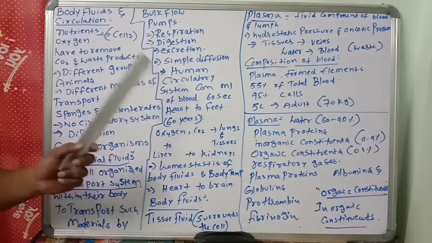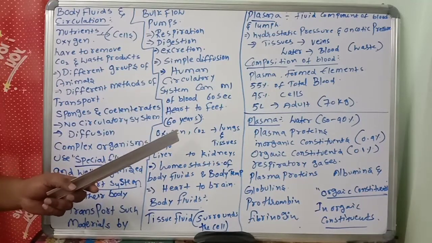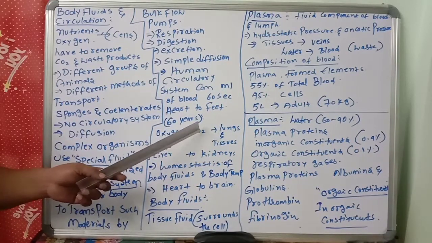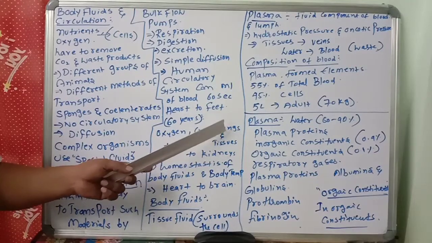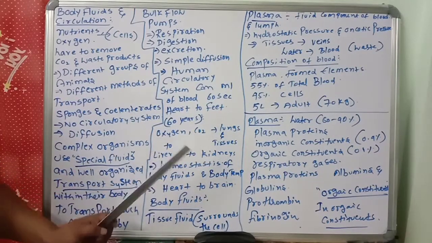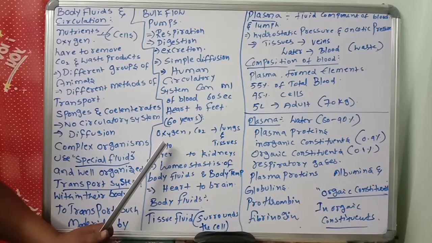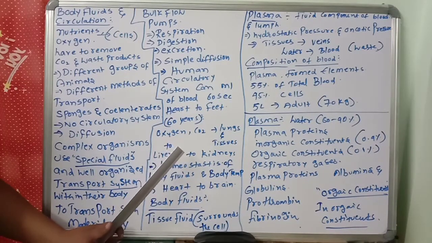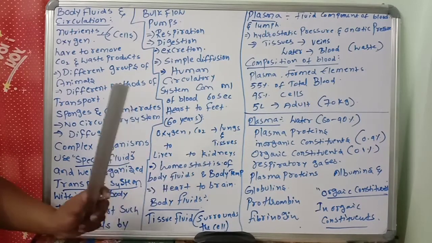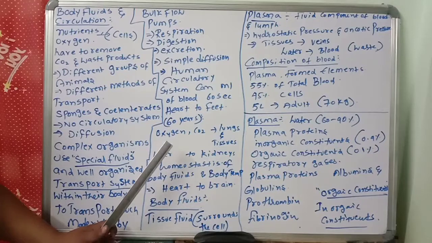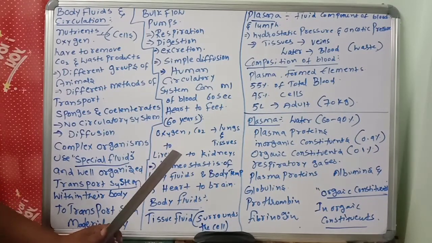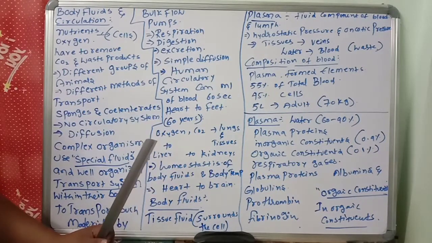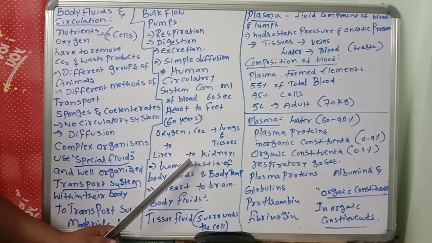So powerful is our circulatory system. Oxygen and carbon dioxide move from lungs to tissues and tissues to lungs. Is exchange going on or not? That is because of the circulatory system. The food you take goes to the liver, and from the liver to body parts, because of the circulatory system. The waste generated from tissues and organs reaches the kidneys because of the circulatory system. Like that, so many important functions are performed by the circulatory system.